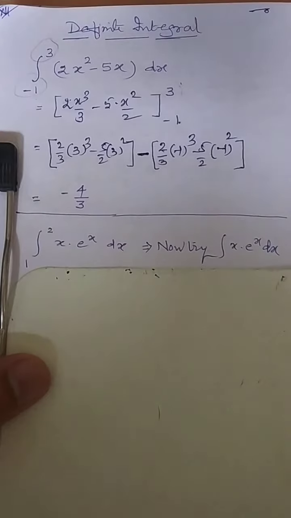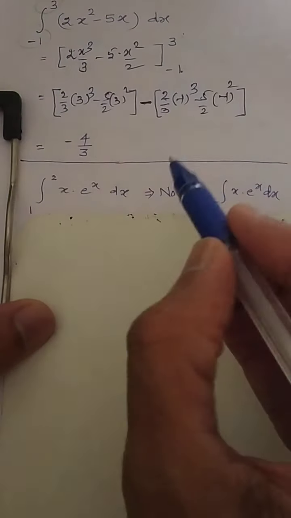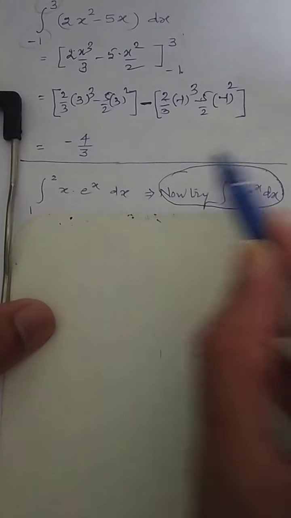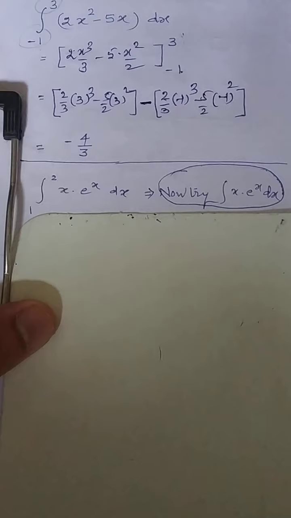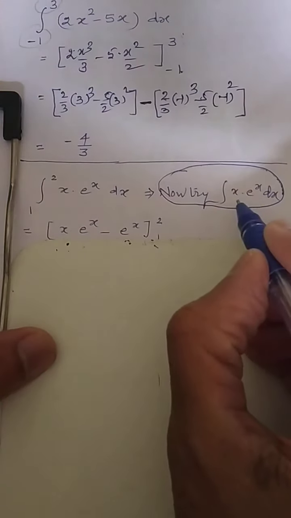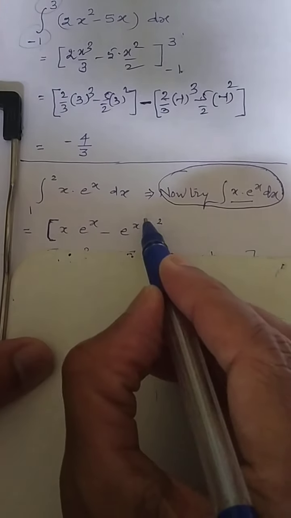Now look at this question. If you see this question, always think about the question based on the limits also. You are trying this particular question. Forget about the limits. x into e raised to power x. Which method? Yes, correct. It is by the product rule. So you know the integration of this. Integrate, and write this expression in this one. This is nothing but the integration of that.